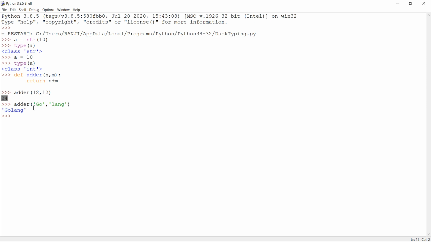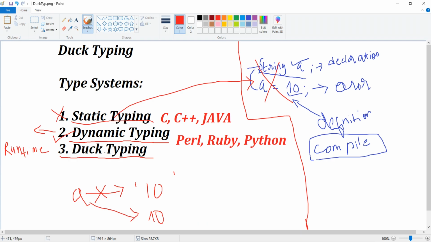And when we passed two string values to the adder function, it behaved as a concatenator. When it encountered two strings, it concatenated them and we got one string, that is Golang. So it is perfectly showing the behavior that it is dynamically typed. This is what we call dynamic typing.